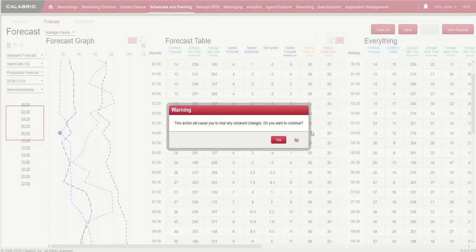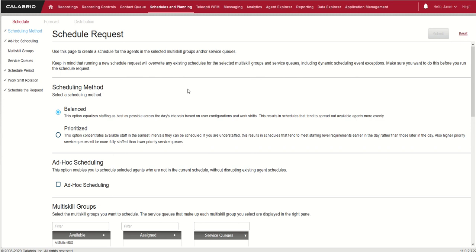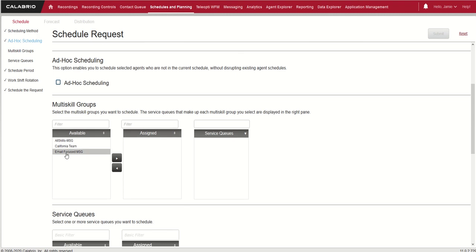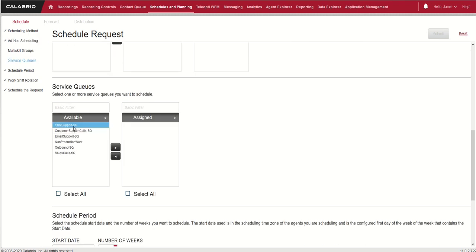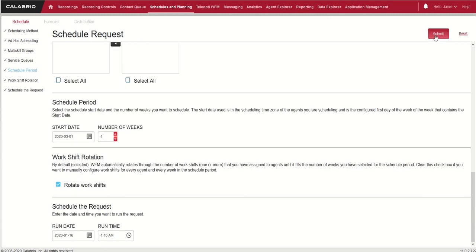After we've got our forecast finalized, generating a schedule is as simple as answering a few questions. Which scheduling method would you like to use? Which of the either multi-skill groups or service queues do you want to schedule for? What date range do you want to generate the schedules for? So maybe I want to do my March 4 weeks' worth and hit the big red submit button,